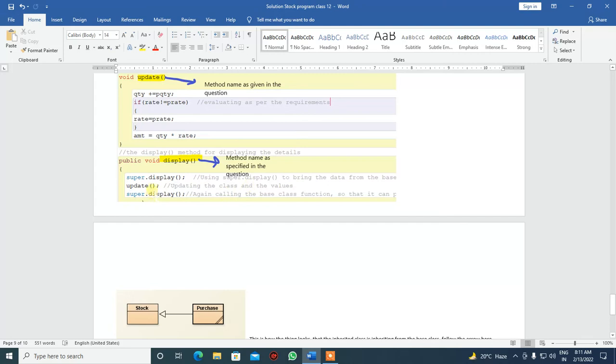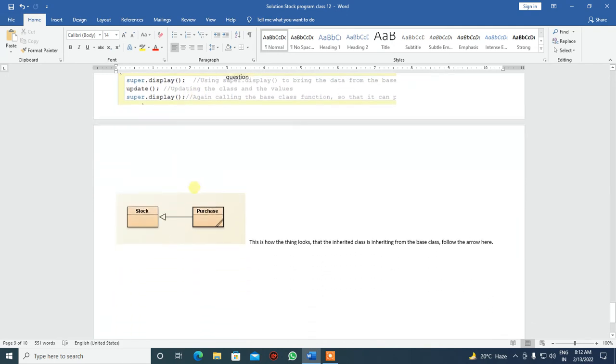Public void display, the method name as specified in the question. So you are using the same thing and updating, and again you are calling the base class function so that you can get the updated one. After the first original display, you are going to the next display to get the next updation. This is the particular format you get, how things will look in the inherited class. You see the purchase, the base class is stock. So now I show you